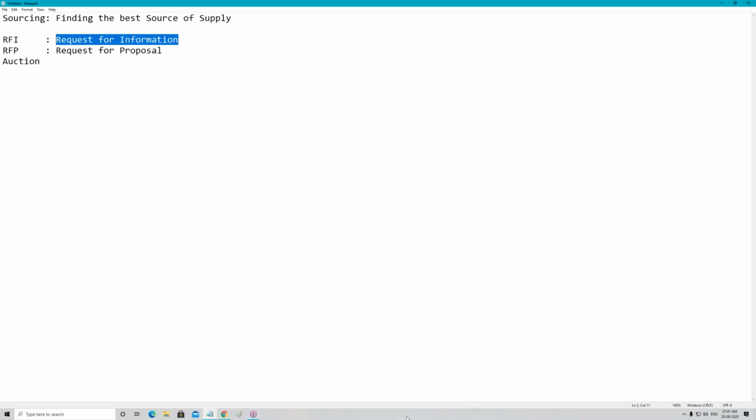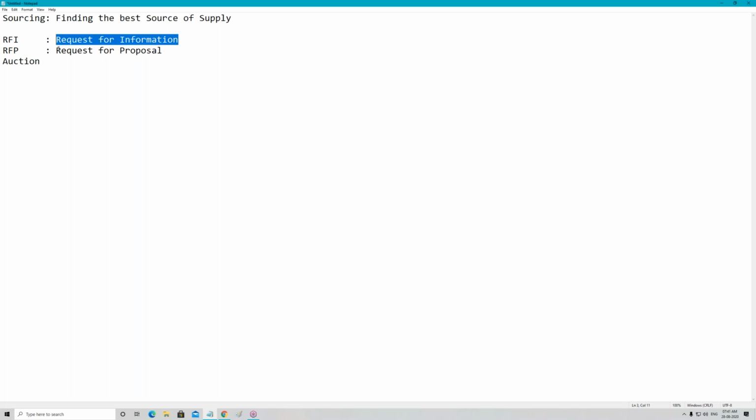Request for information basically means, guys, that when you are trying to buy a particular product but you don't have any knowledge about it, you will be trying to understand the technical things. Same thing we discussed in our demo session, right? In a very simple way, so here you will ask the supplier for a technical quotation. The supplier will give you a technical quotation, nothing else. Okay, so please keep this in your mind.